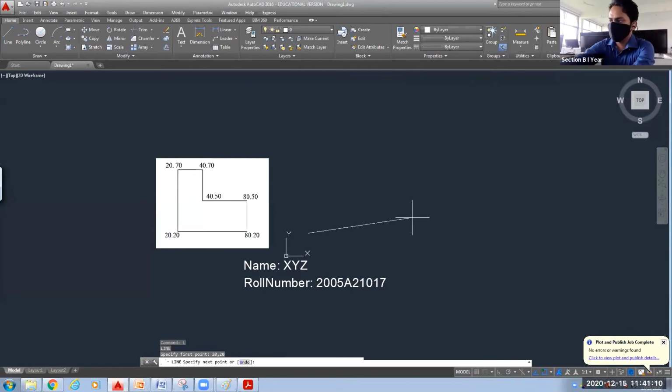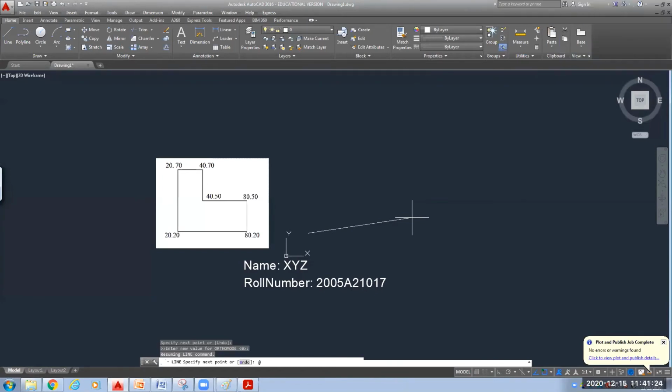Okay. So starting with at the rate, in x direction, what is the length of the line in x direction? 60. Okay, so at the rate 60.